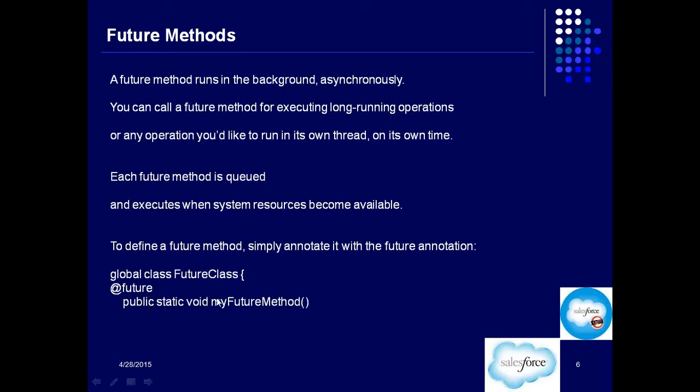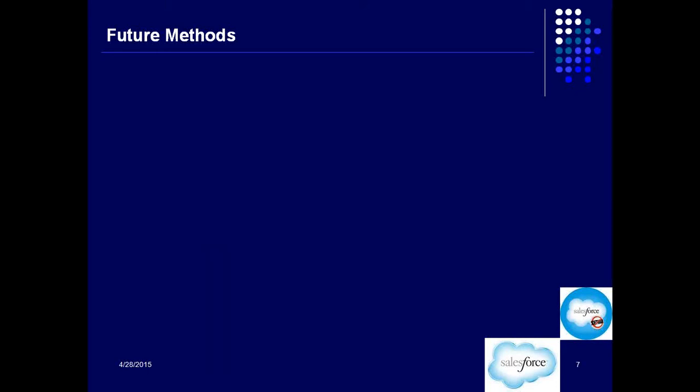So far we have written the methods and everything, right? Any method that you want to be executed in future, you just have to write this one keyword at the start of the method. That's it. Whatever code you want to write inside that method, write that, finish it off, and that's it. So define the class method. If you want a method to be a future method, just add the future annotation there. All right. Okay, so can all my methods be future methods? Let's learn a little more about the future method.